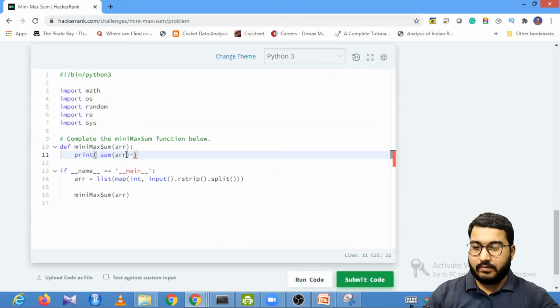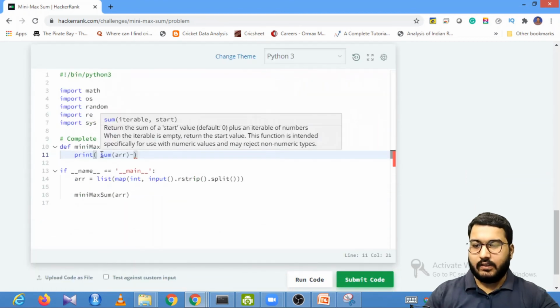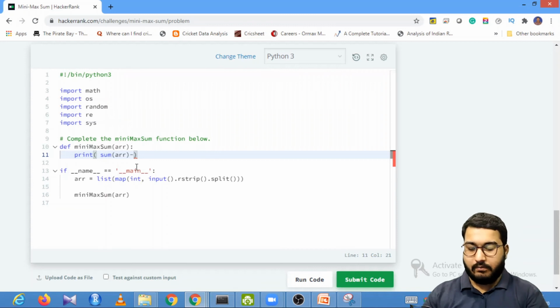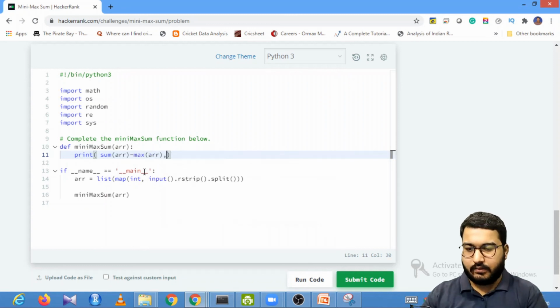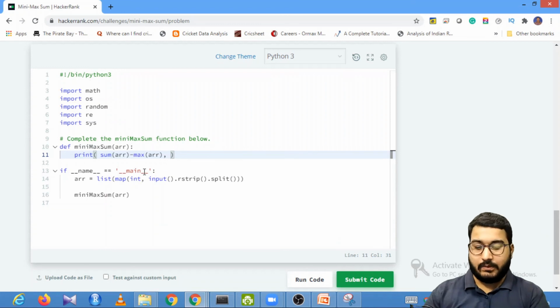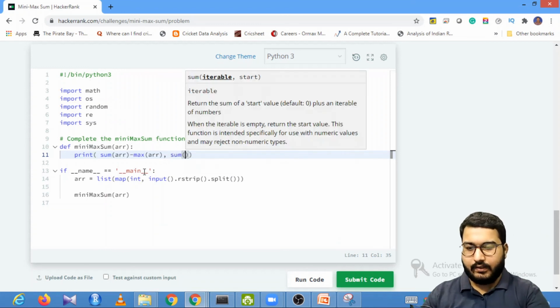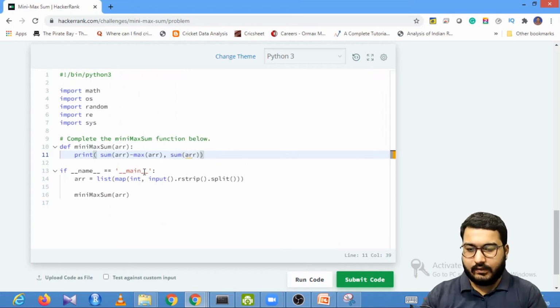So my minimum sum will be nothing but sum of array minus the maximum number from the array, and comma, your maximum sum will be sum of array minus the minimum number in the array.